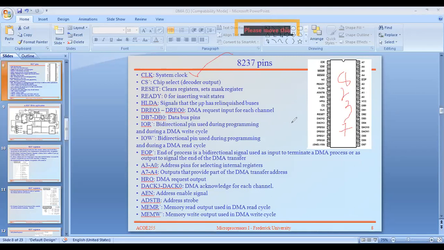From the processor's point of view, to select a desired peripheral, it generates some chip select signals. The chip select signals may come from a simple logic gate combination or by using a decoder technique.